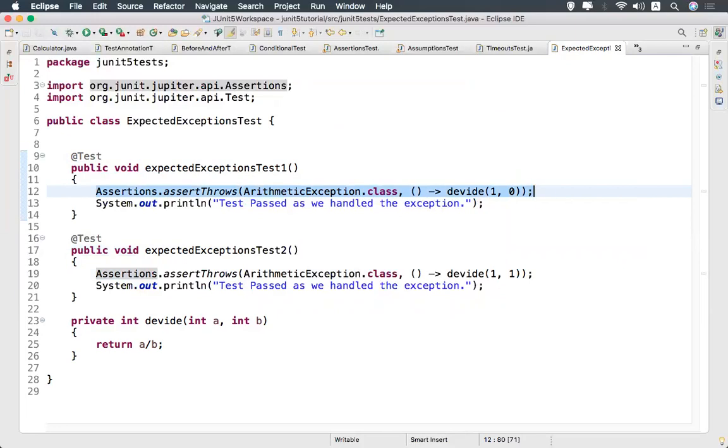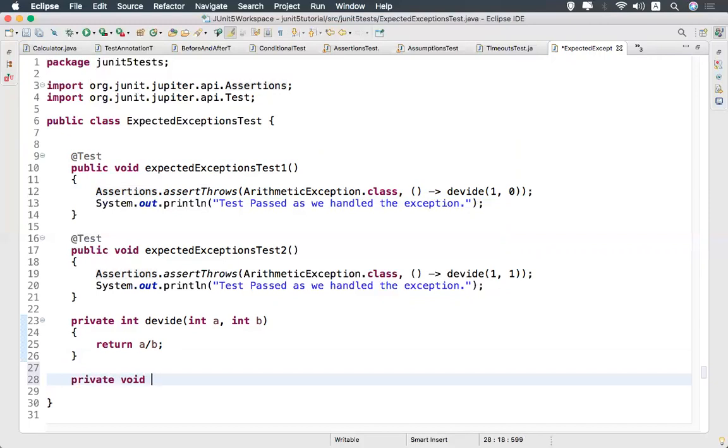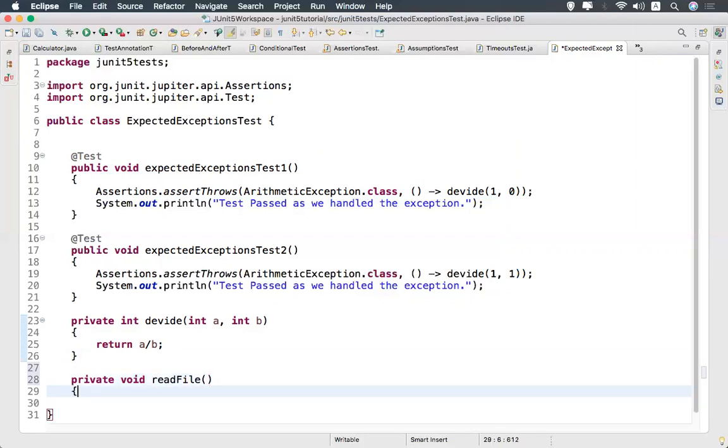I'll take another example, one more private method, just a dummy example: private void readFile.